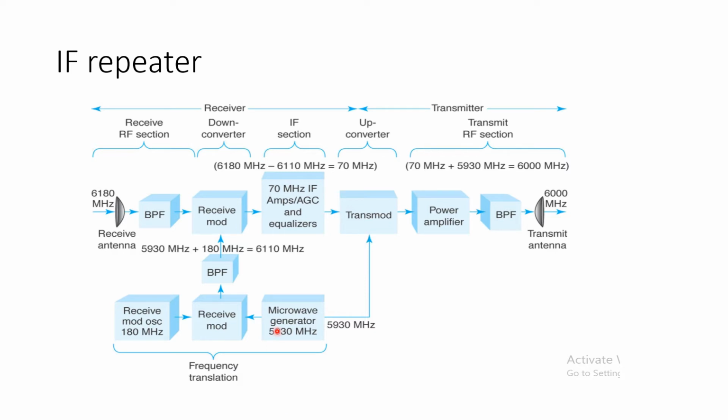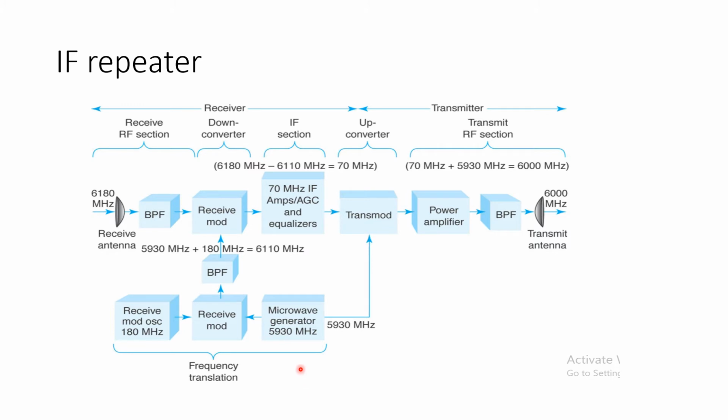Now here we are using a single microwave generator. One part is going to feed the transmit modulator and another, along with the shift oscillator, that is working at 180 megahertz, is going to produce another RF carrier frequency. So instead of using two microwave generators, it is simpler to have such a construction. That is, we have used a single microwave generator along with the shift oscillator, which is going to simplify our